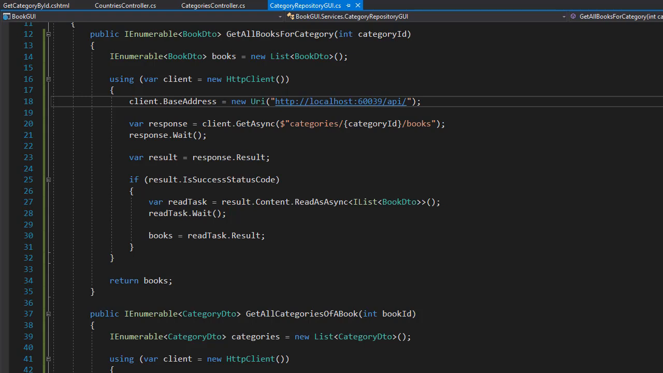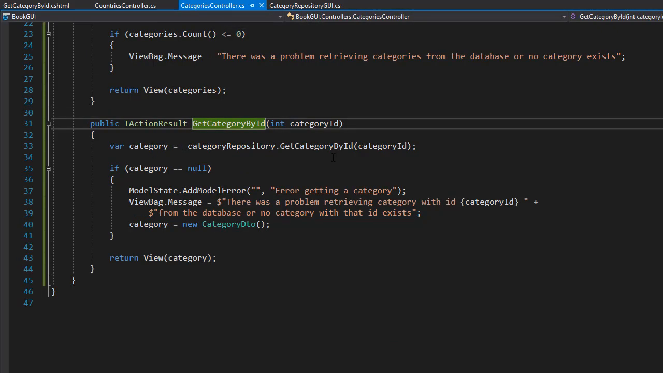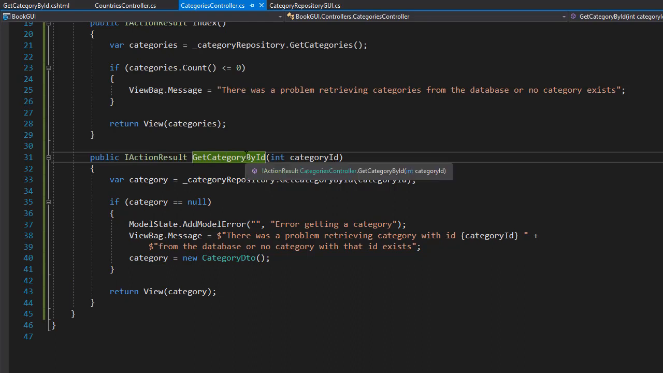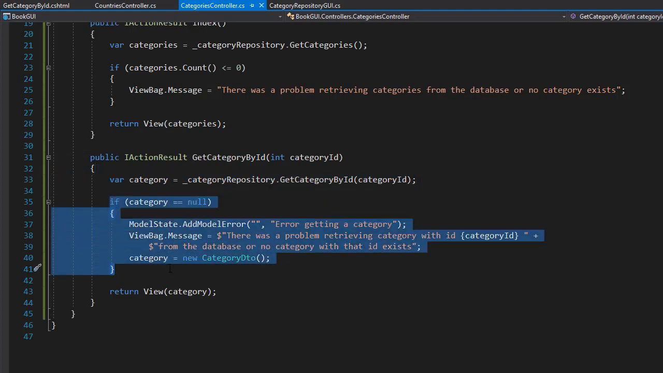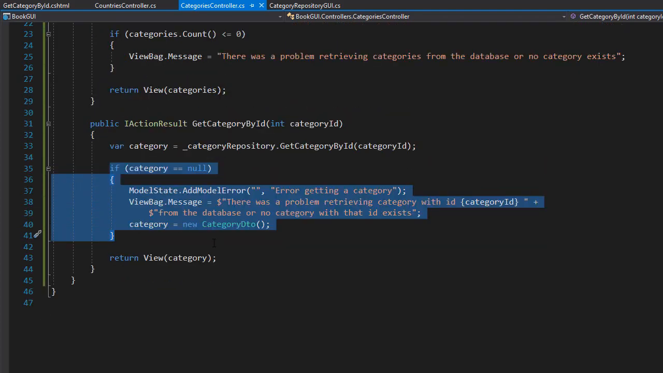So let's code the getAllBooks for category implementation now. Since this is going to be used along with the category details, we need to add that logic to the getCategoryById action. There we can make a call to the getAllBooks for category method. So let's go to the categories controller, getCategoryById action, and first we get the category, we check if it's null, and now we can get the books